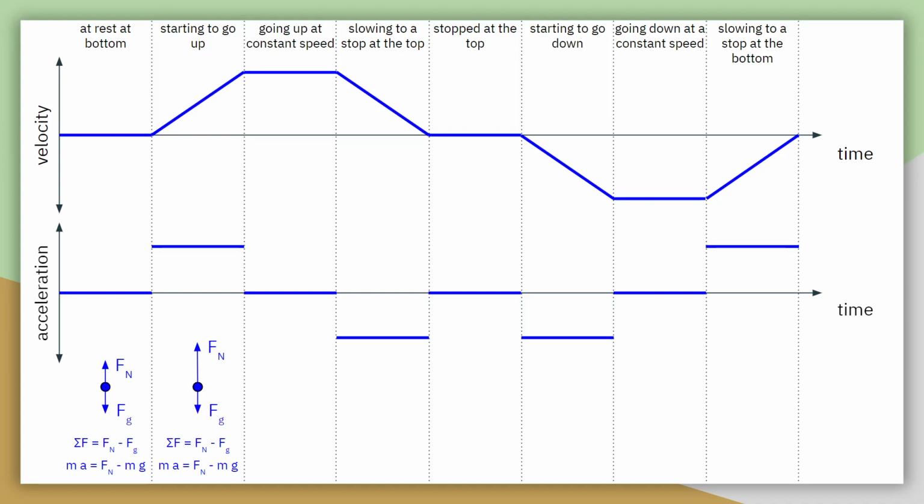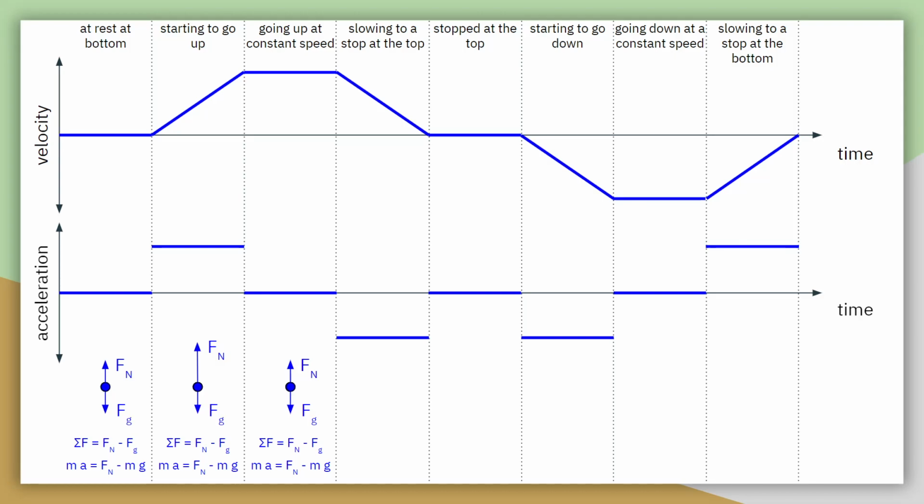Once the elevator and the passenger reach that constant speed, we return to that same force diagram we had when it was at rest. The force normal would have decreased until it was balancing out the force gravity. Once again, note, the force gravity has not changed, and neither have the sum of the force equations. We have the same sum of the force equation for these first 3 motions, and actually, we'll have the same